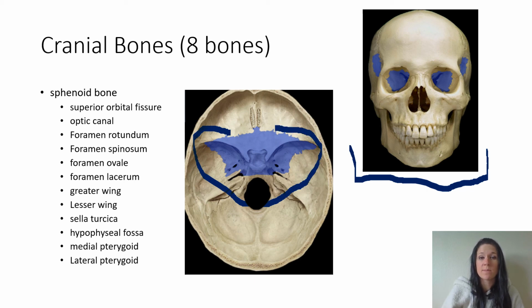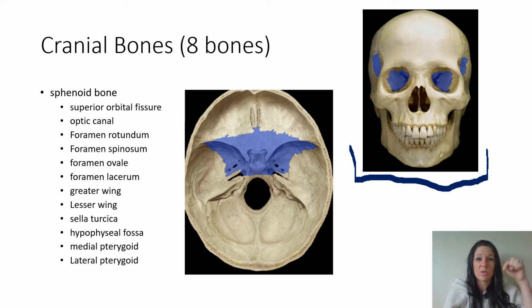This bone is sometimes called the bat bone. It looks sort of like a bat, and it has this really identifiable structure that's sort of dead center in the skull. Okay, so the sella turcica,